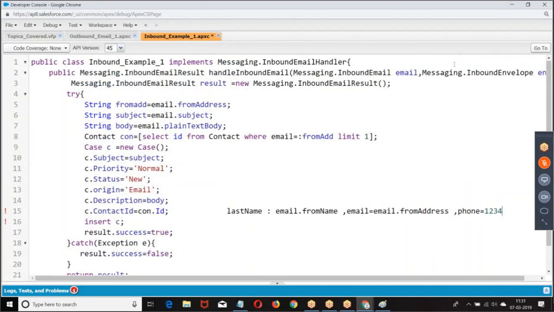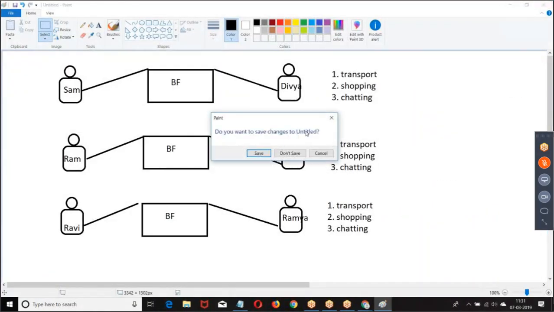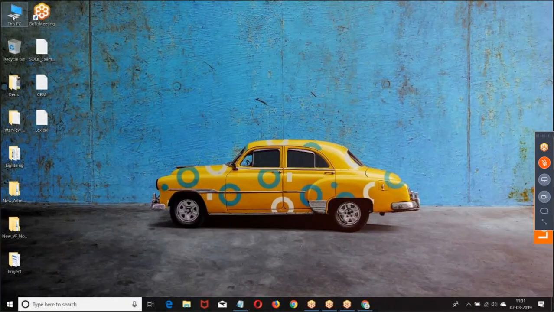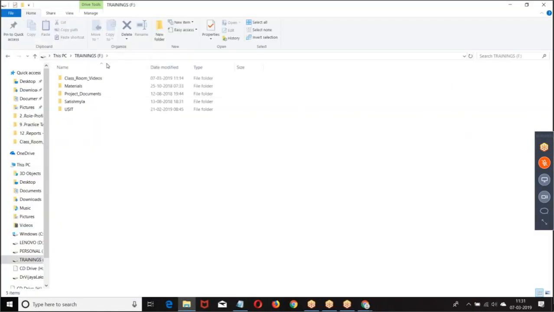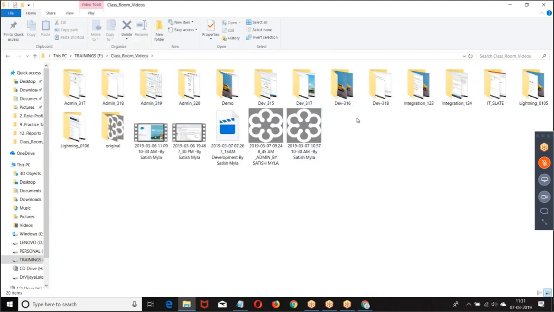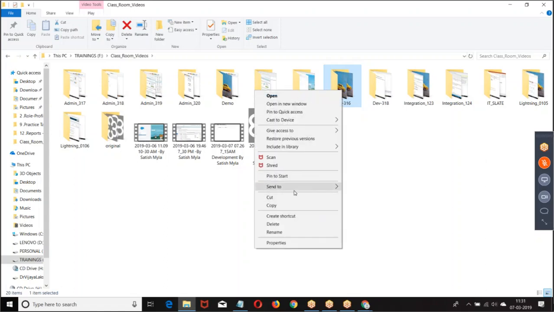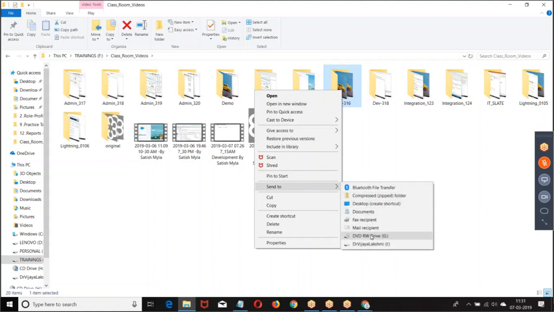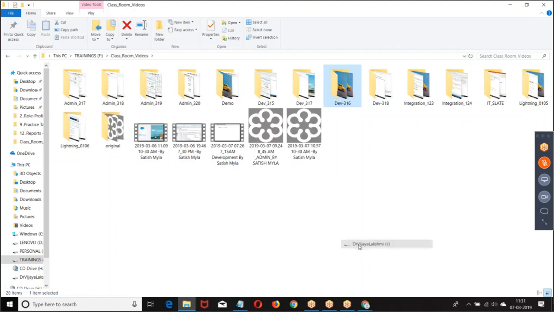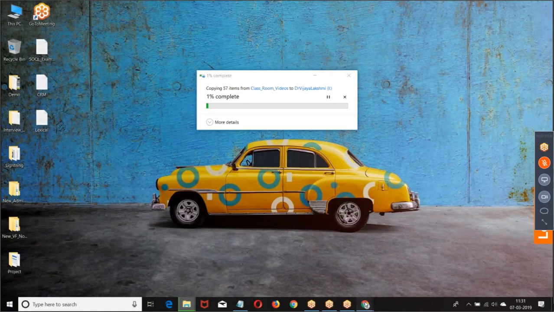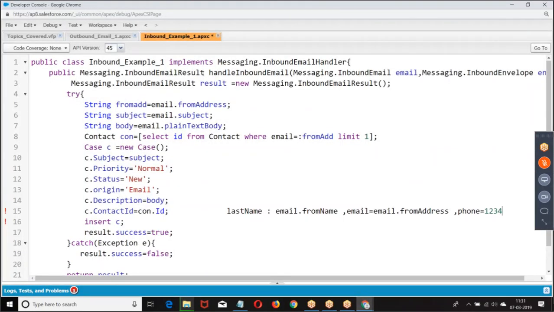First, all of you create a class that implements Messaging.InboundEmailHandler.